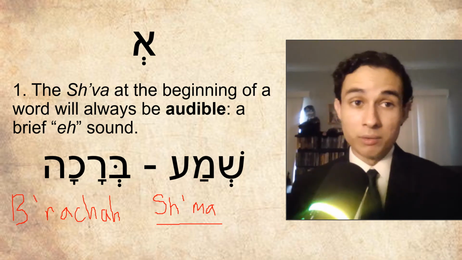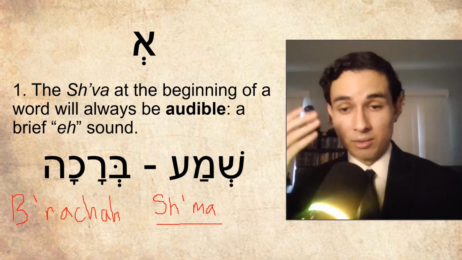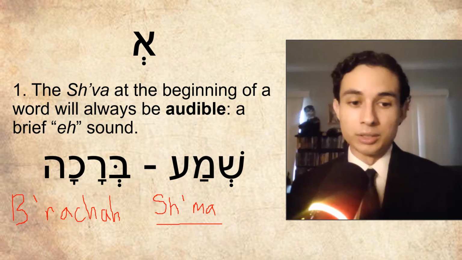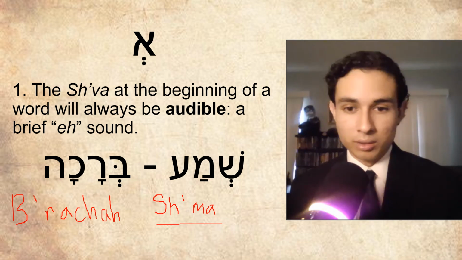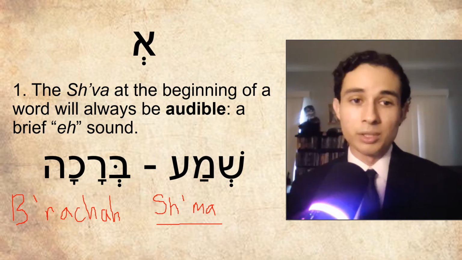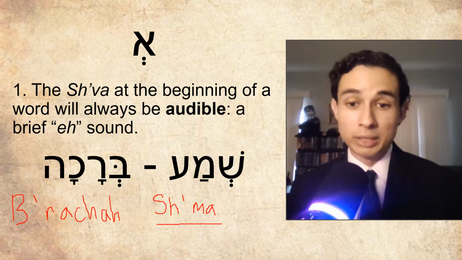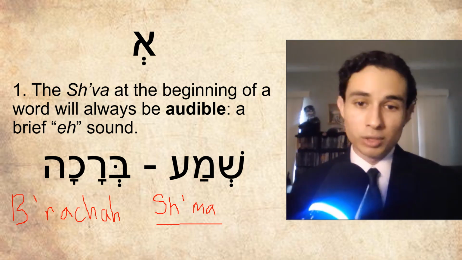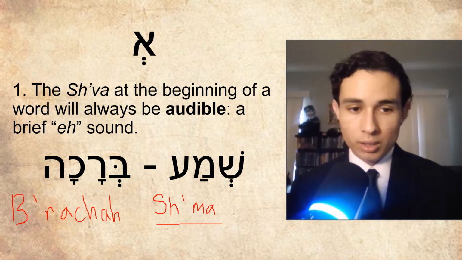But again, a lot of commentaries or transliterations that I've seen, in Jewish writings that I have, go for the e. I guess that's just the default for some people. So my recommendation, or what I've become accustomed to, is I simply put an apostrophe to transliterate the shva. Because even though we're considering it audible here, if you would rather choose a letter to transliterate it, then yes, you could use the letter E.